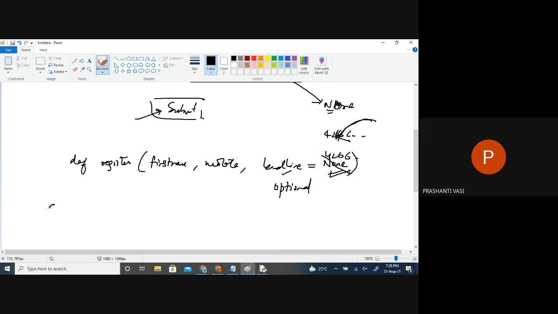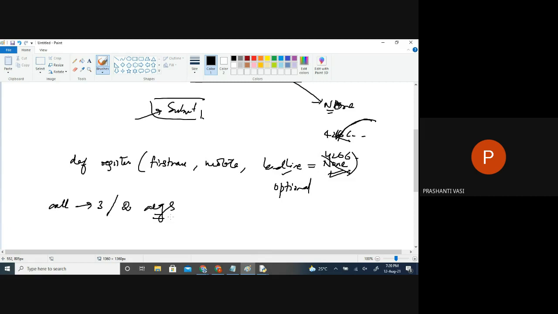So we can call this function by passing three or how many arguments? Three arguments or two arguments. Those who have a landline can pass the landline. Those who do not have a landline will also register here, and it will take the landline as None, because they have already given a default value for it in the program itself.